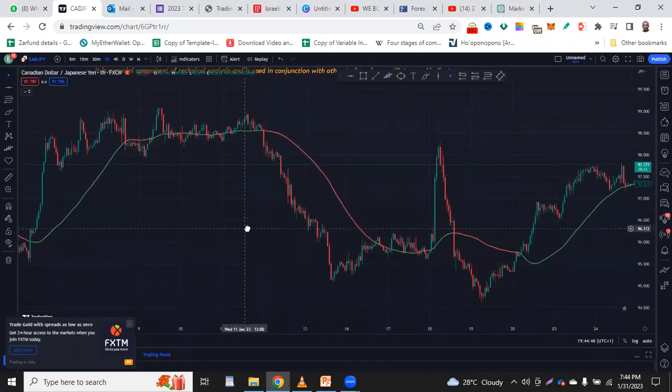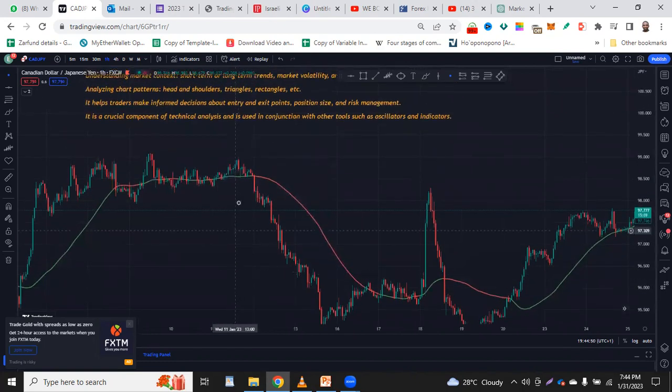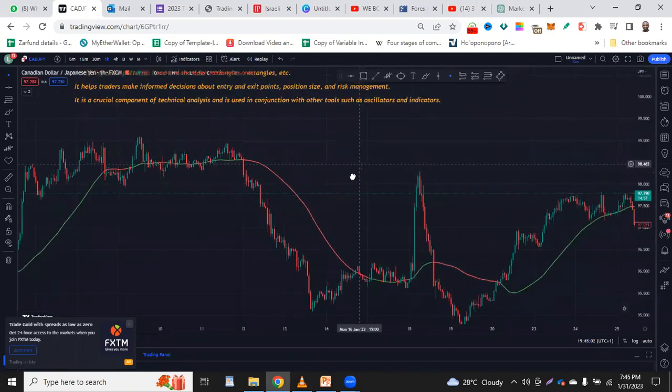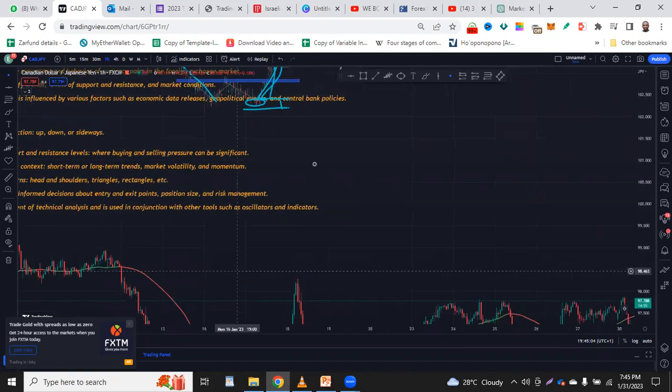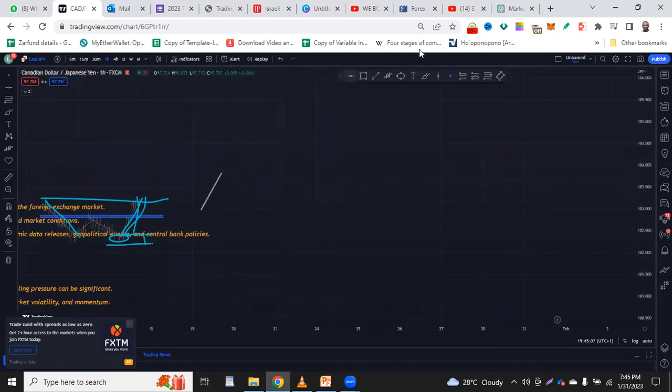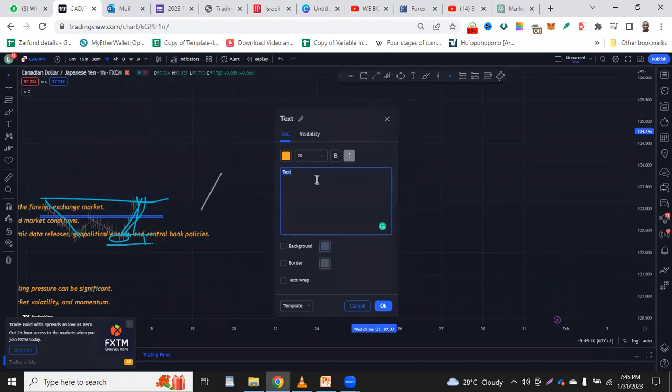So first and foremost, when we come onto the chart, we want to identify supply and demand zones, support, resistance, and trends. That's what tells us where we should be buying or selling. Okay, so let's do that. Let me write something there. When we come into a chart, we want to first of all identify